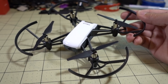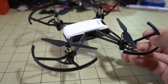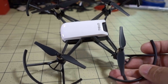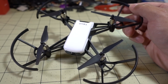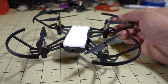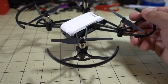Hey guys, in this video we're going to be checking out the DJI Ryze Tello selfie drone, and it's kind of interesting that this is made by a company called Ryze, but it has pretty much everything and all the signature marks of a DJI product. So I have a feeling that this is actually a DJI product, but they don't want to be associated with these low-end toy-grade brushed quadcopters, so they're marketing it under a different brand, the Ryze brand,